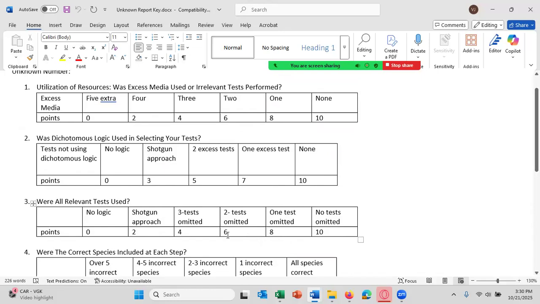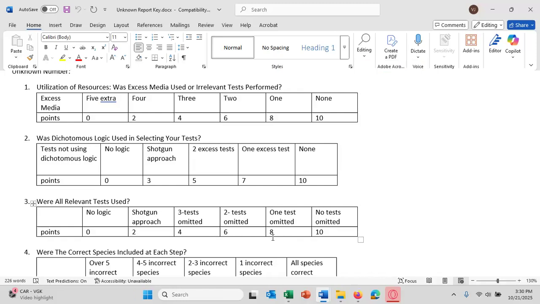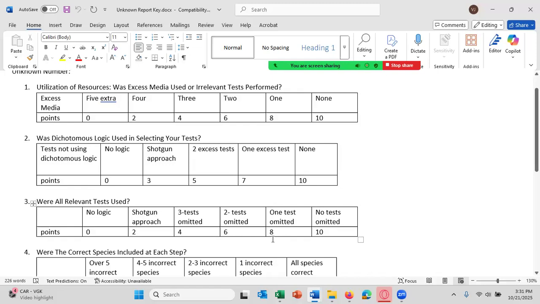Usually only students who wait to the very end and then work on this project will be the ones who have tests omitted. So you should get started on this project right away. It'll take at least 2 to 3 weeks minimum to get this project done if you're following dichotomous logic. So you should get started right away. Do not wait to the end. If you wait to the end, you may not have enough time to get the project done following dichotomous logic. And if you don't follow dichotomous logic, you'll get a penalty, like 3 out of 10. You use all the tests in one request.